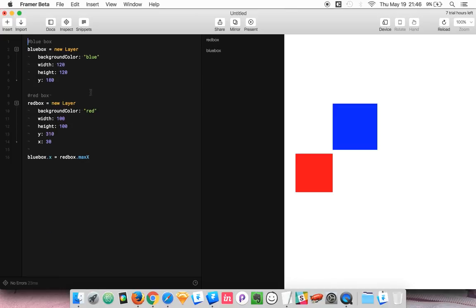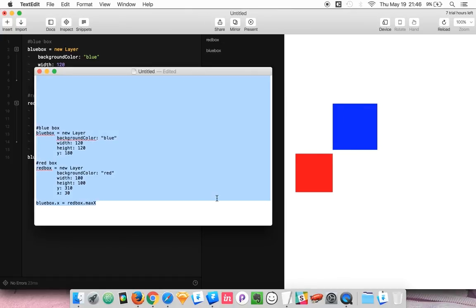Okay, in this case we have this box, the blue one, is starting, we define that here, is starting at the maximum position of the red box. It means that when the red box finishes, we start the blue box,